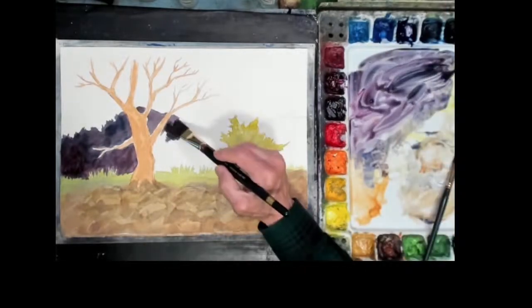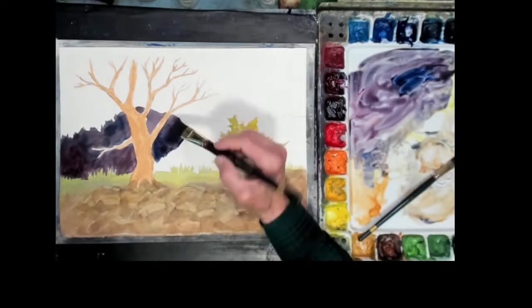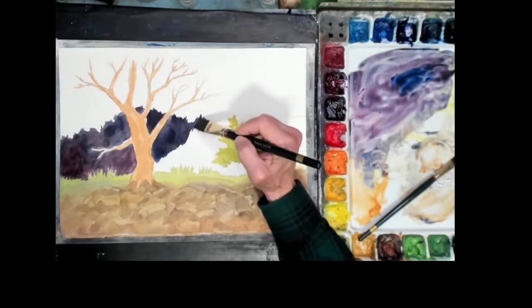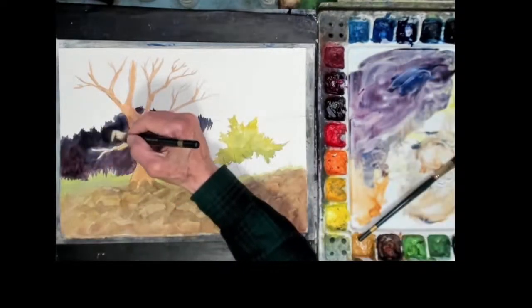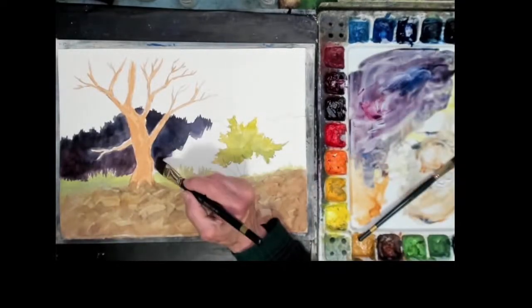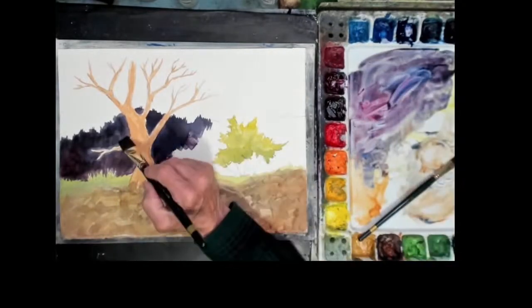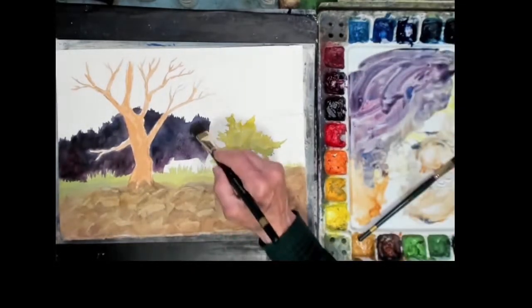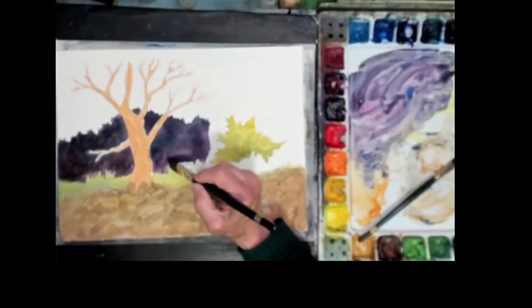And I changed the color a little bit. Add a little more ultramarine in here. So I'm altering the colors also, a little more black from the Payne's gray. And I'm also adjusting the color on the left side to make sure that the colors are matching as far as the value. I want to keep that value dark across the middle area of the painting, the middle